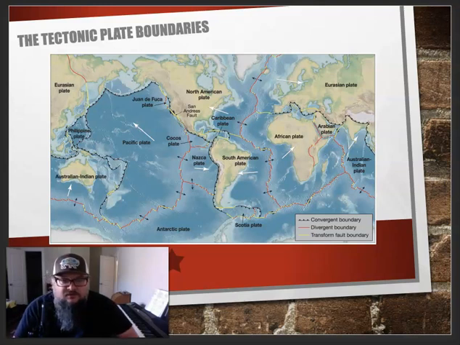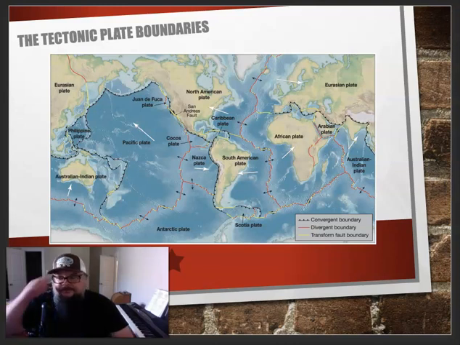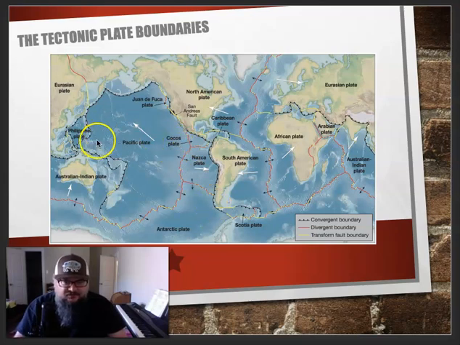We are continuing on with our discussion of plate tectonic theory. We went through the whole spiel, how we went from rigid earth theory through Wegener and continental drift all the way through World War II to plate tectonic theory yesterday. I just wanted to take a minute today and go over the actual boundaries of plates, because different things happen at different kinds of plates. We are familiar with this